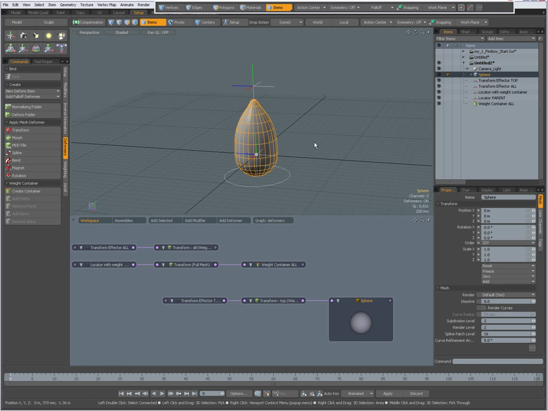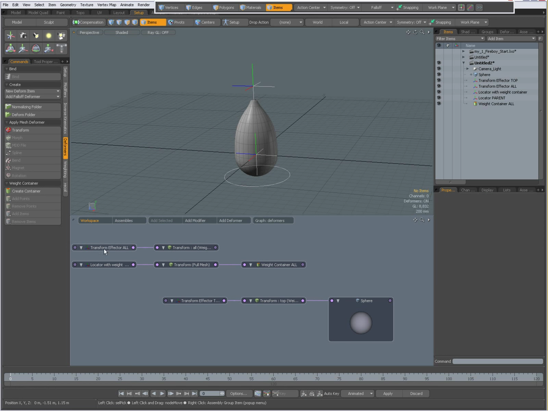Instead of selecting the mesh itself, or its parent if it's been parented, I should create another deformer that is going to take care of the translation, rotation and positioning of the entire mesh. And this can be done in two ways. Again, with a new transform effector that you create in the same manner as I created the first one,